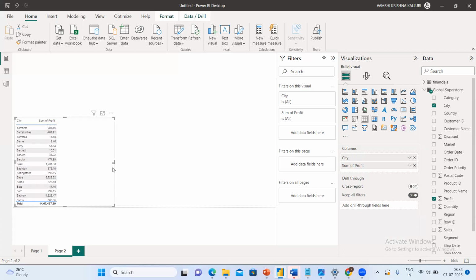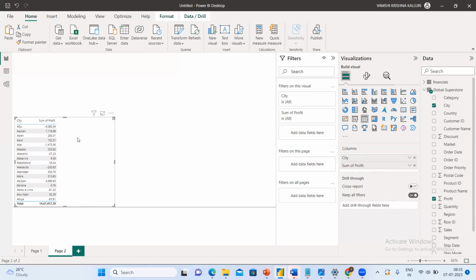But the drawback is, if it contains hundreds or thousands of rows, it is time-consuming. The customer, meaning our business owner, will take some time to find which city has more profit. This is where we represent the data in the structured format. Reporting is nothing but showing the data in the structured format, with multiple columns and multiple rows.